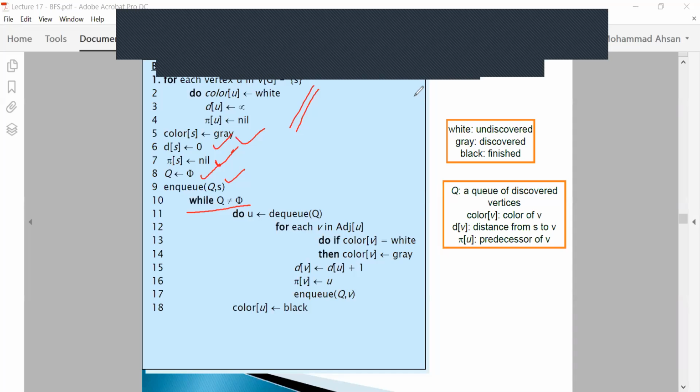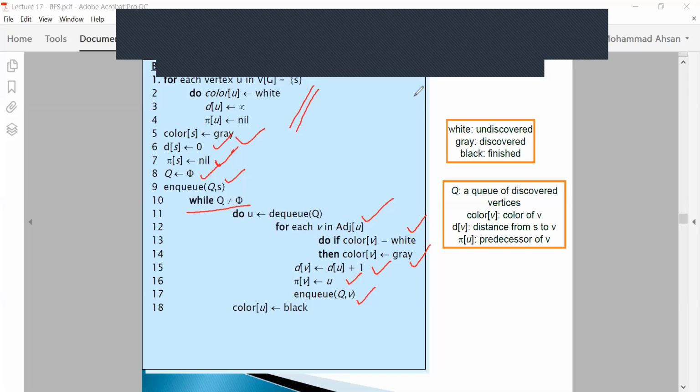In the loop, you continue looping till your queue is empty. So first you dequeue S, and for every adjacent vertex of S, if they are white, only then you will enqueue them. If they are gray, it means they might already have been enqueued by some other path. Then if they are white, you will color them gray. You will increment their distance by 1. You will set their parent to U, which in this case in the first loop is S. Then you will enqueue this node, because we are going to add all the adjacent nodes of S to the queue. You will enqueue that, and